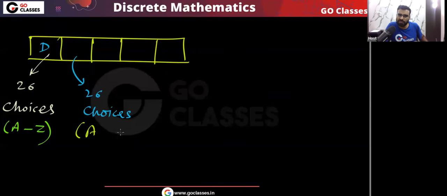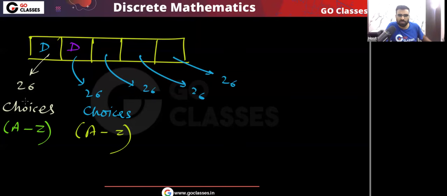In English words, by default repetition is allowed. So again, if I want, I can put D, no problem. So there are 26 choices for this position also. Again 26 choices for all these positions. For example, here I can put C, B, and here I can put Z.